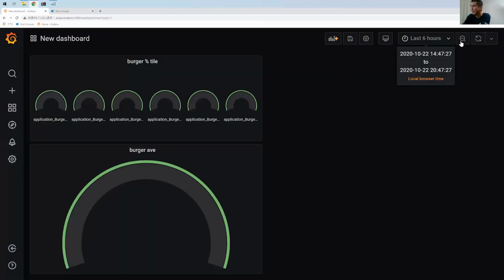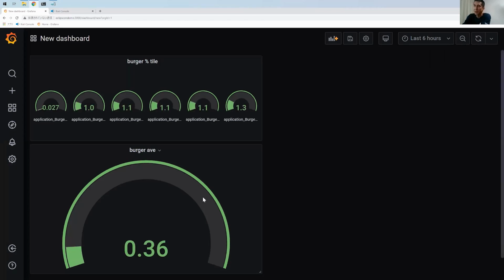And let's see the metrics. Okay, the average response time is 0.36 seconds. It's not bad, but when looking at the percentile information, this is the 99.9 percentile, and this is the 99.99, and this is 98, and this is 95, 75, and maybe the 50 percentile.